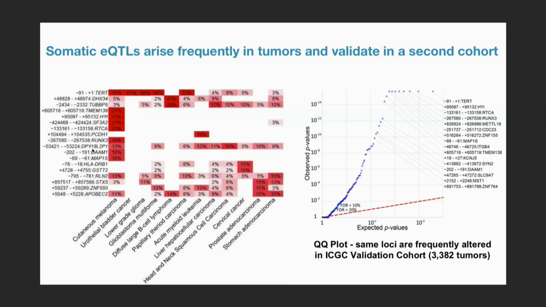So given these 193 somatic eQTLs as a group, our first question was, are they interesting for real patient knowledge, meaning are a substantial number of patients actually affected at these loci? Because even if they're significant, if there are just a few patients affected, it's not that interesting a result clinically, certainly, or even biologically. But it turned out, at least for the top 20 or so, that these are quite recurrent in patients of different tumor types.